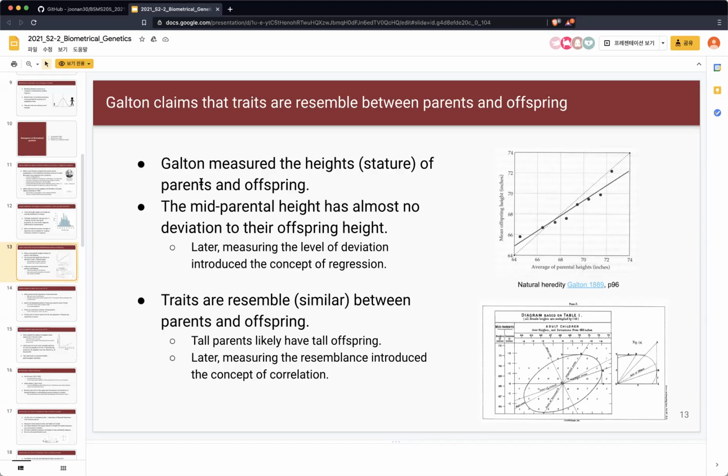That's fine. Okay, so back to Galton's measurements. Galton measured the height of the parent and offspring. It looks simple at this time, right? But think about the situation in the 19th century. Having a thought of, okay, let's measure the height of parents and offspring,